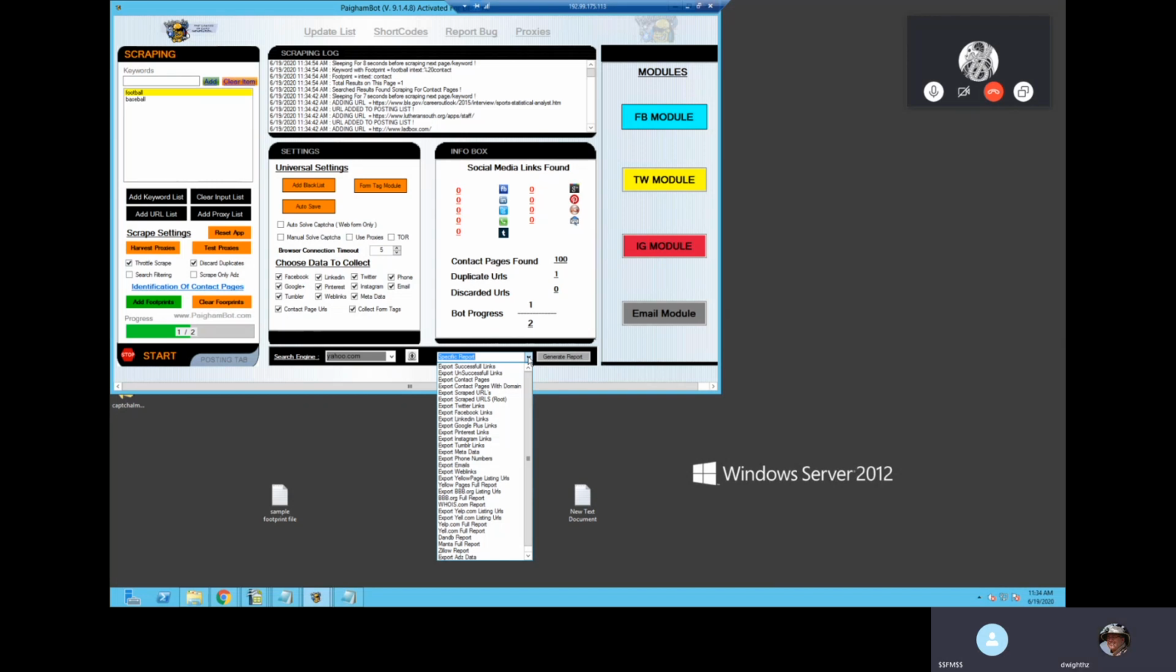So the first two reports, the export successful links and export unsuccessful links, are reports that you generate after a posting campaign. And those are going to be your successfully submitted and your unsuccessfully submitted links that you can make files on. The third option,